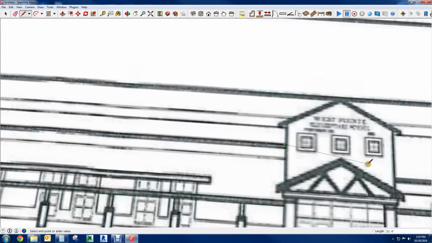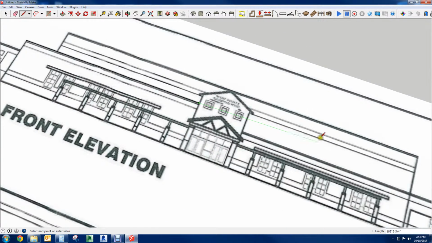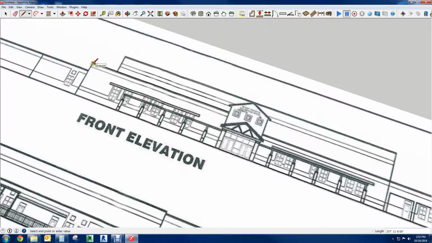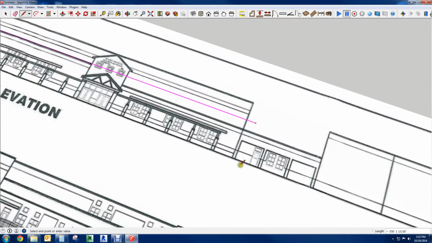Check what I'm gonna do here. I'm gonna create a line that is parallel to the ceiling, and then the other line is just turn pink, hold shift, and then there we go. So we have a line that is